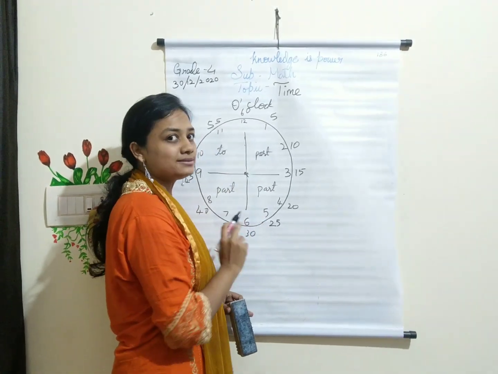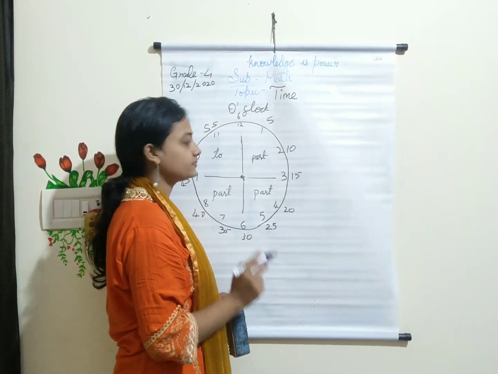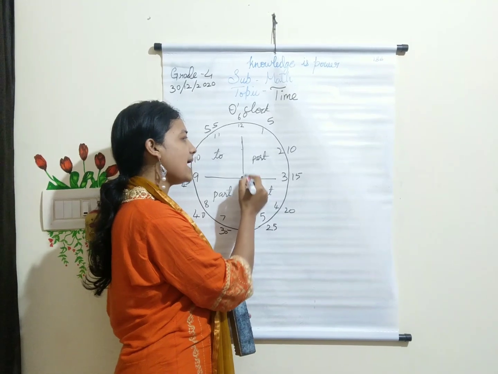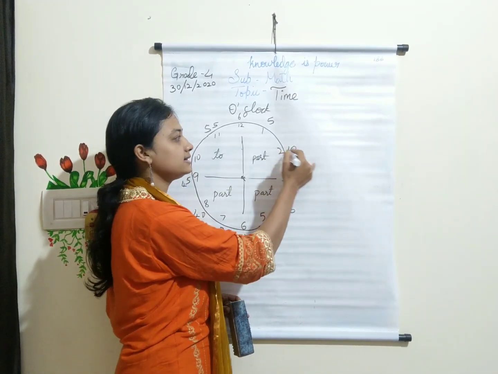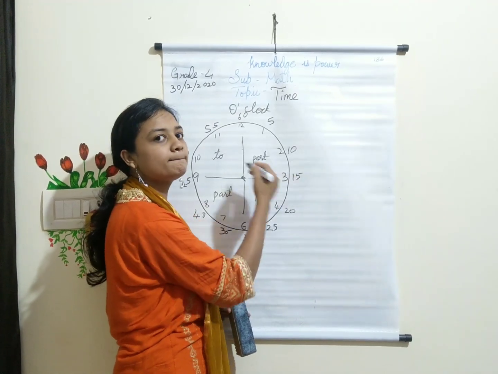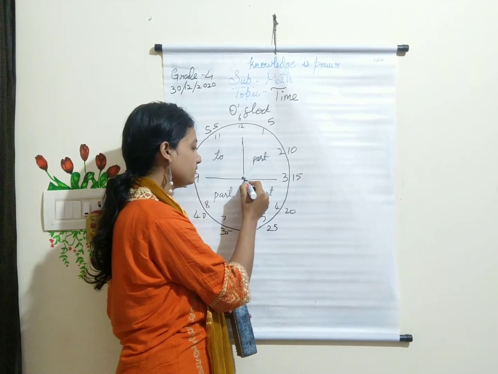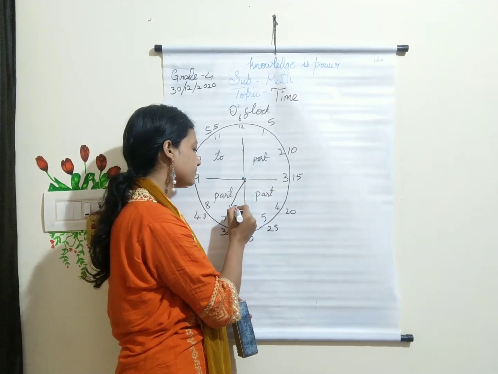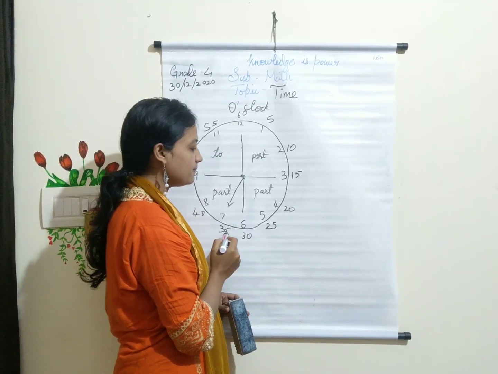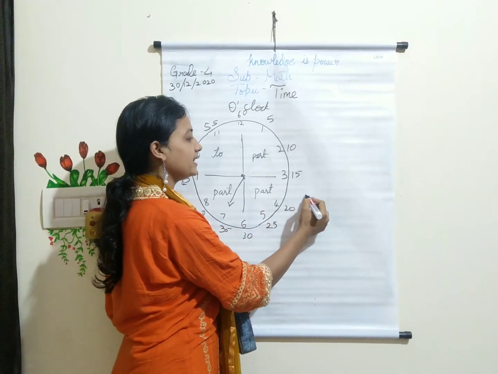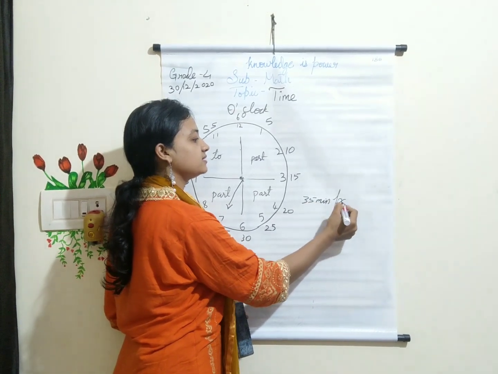Now, this doesn't make any difference to the small hand. It only makes a difference to the big hand. So, whenever my big hand is in these 3 parts, I'll be saying the time in minutes and I'll say past with that. Example, whenever my hand is showing 7 here. So, what are the minutes? 35 minutes. So I'll say it as 35 minutes past.